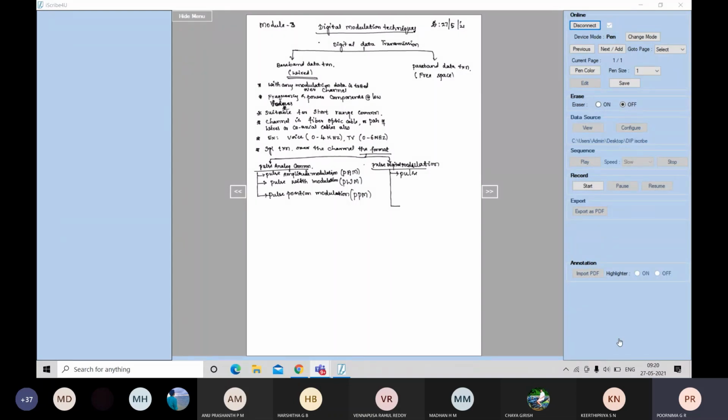That is, one is pulse code modulation. Have you heard of this modulation techniques? Yes, students? PCM. We have PCM. Ma'am, you had in syllabus, at least somewhere you have studied. Yes, ma'am, in PCS we had. Yes. Yeah, differential pulse code modulation,